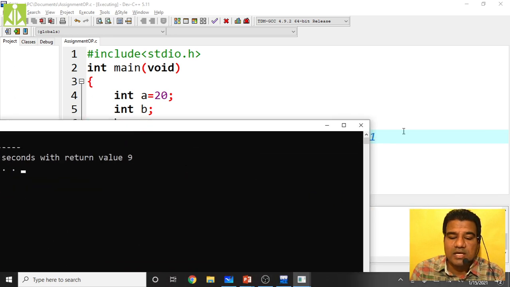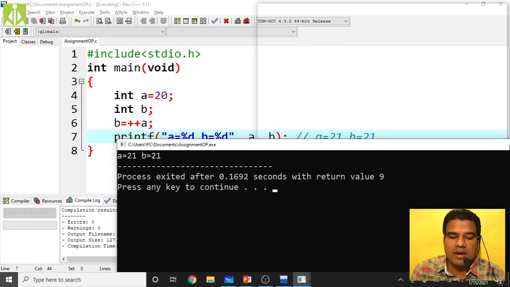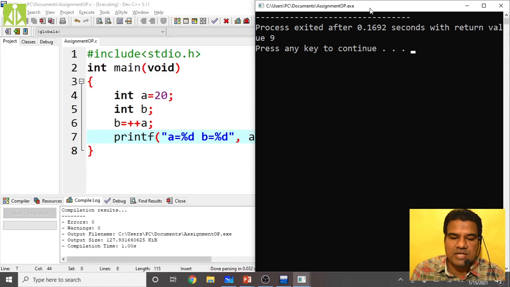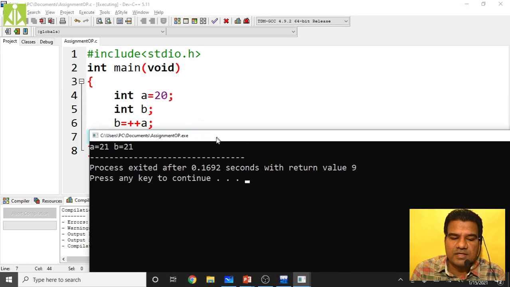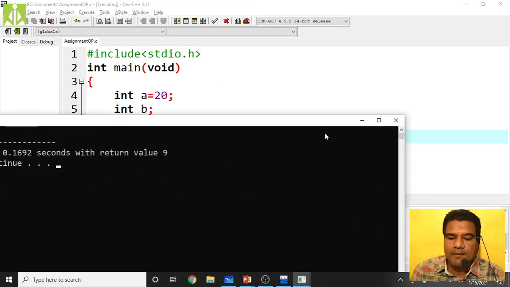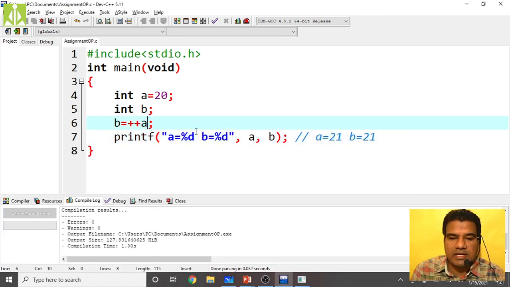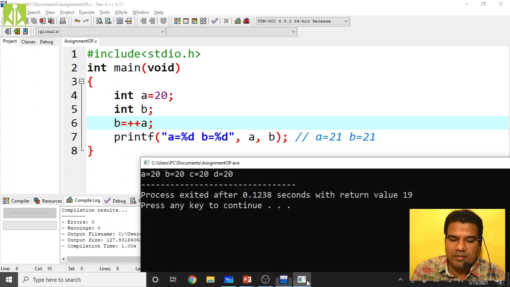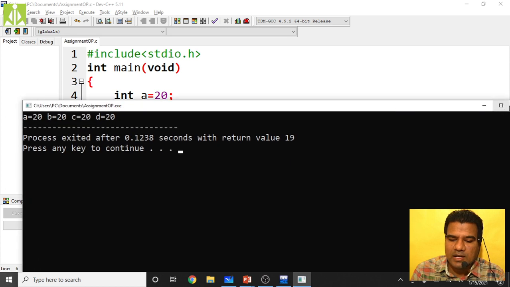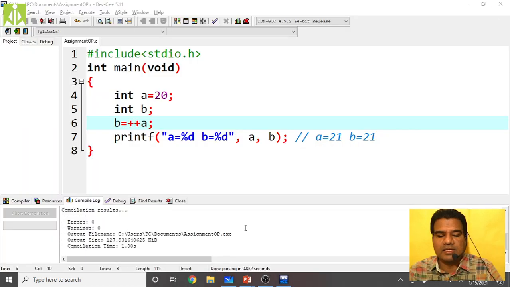This is one thing. Then we have to discuss the decrement. It is also the same. We have postfix decrement and prefix decrement. So quickly we see those two as well, and we see what other operator categories we have.